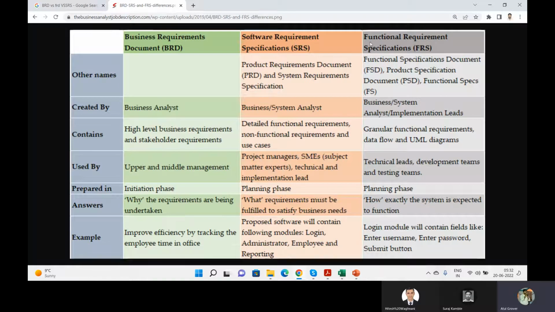BRD, SRS and FRS. The other name, someone called it a PRD as well, product requirement document. Because in this we are going to build the product specification. FRS people call FSD, functional specification document. PSD, product specification document. क्योंकि ये ग्राउंड लेवल पे बनती हैं सारी, ये दोनों चीजें ग्राउंड लेवल पे बनती है, इसलिए इसको फंक्शनल बोला गया है. Then who creates it: business analyst, business system analyst or implementation lead? Contains only high level, detailed functional